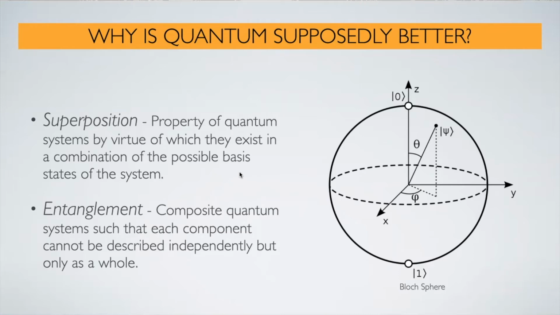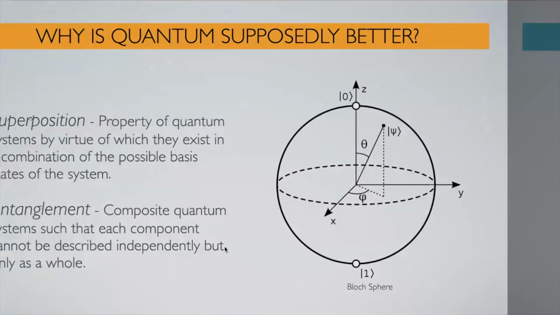Moving on, we have entanglement. This is another peculiar quantum mechanical property. You can generate quantum composite entangled systems in the lab. The peculiarity of these systems is that you can describe them as a whole, but individual components of these systems cannot be described quantum mechanically. This is a very weird phenomenon that is only observed in quantum mechanics, and nobody knows how it works. But quantum algorithms have been able to exploit entanglement time and again in order to achieve speedups.